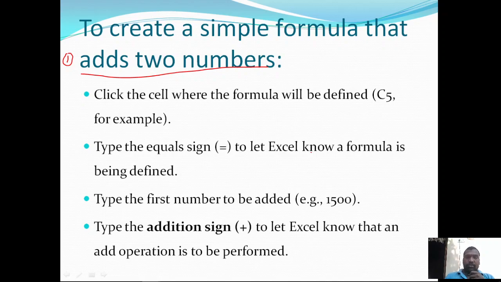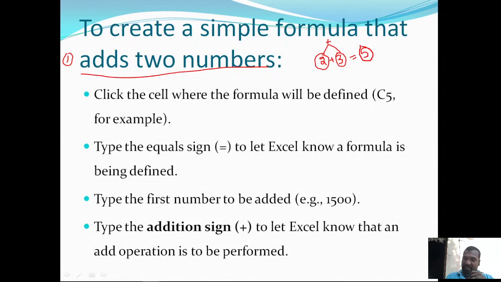If you want to add two numbers, we need to use a formula. Generally, we know that if we add two numbers, for example 2 plus 3, the result is 5. This value 2 is available in one cell and value 3 is available in another cell, and we are going to add these two cells to get the result 5.